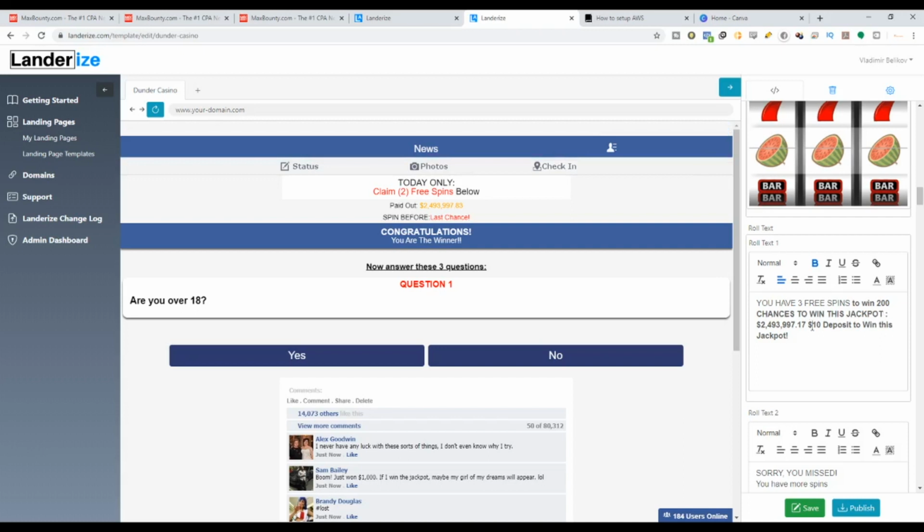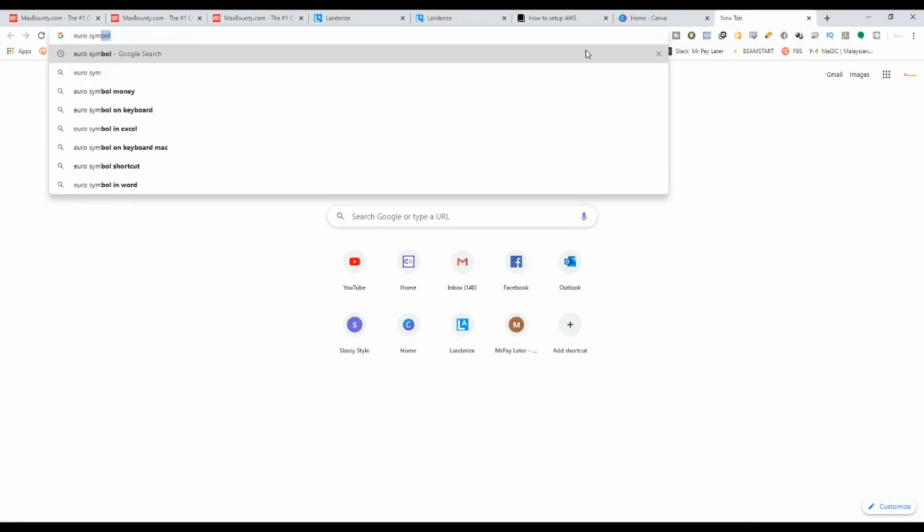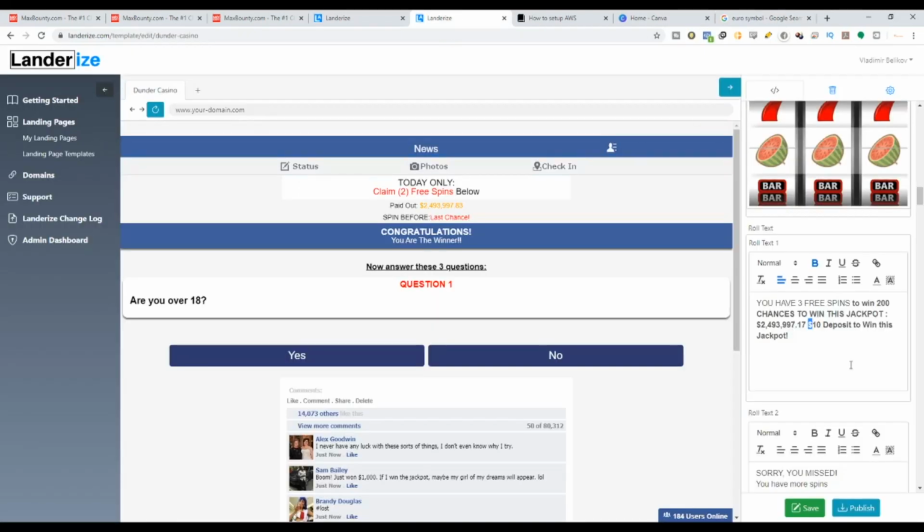Make sure you change the symbol. If you don't know where to find the euro symbol, it's pretty simple, guys. You can go to Google and find the euro symbol. I always do this when I'm finding the euro symbol. So change this into euro, make sure it's bold. Everything is in gray color, so this one alone is in black color. We're going to change this to the same color. Yep, looks pretty neat, guys. 10 euros deposit to win this jackpot,